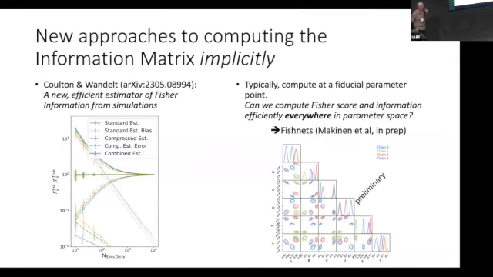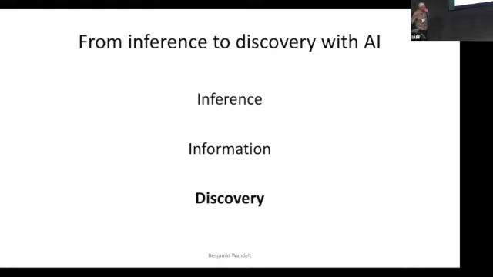Okay, I need to conclude. If you're computing Fisher information, here's a new way of estimating it with fewer simulations. All right, the last thing I want to talk about. Maybe you can ask me about how to use this for model comparison. There's more stuff here, but I'm apparently at the end of my talk time.